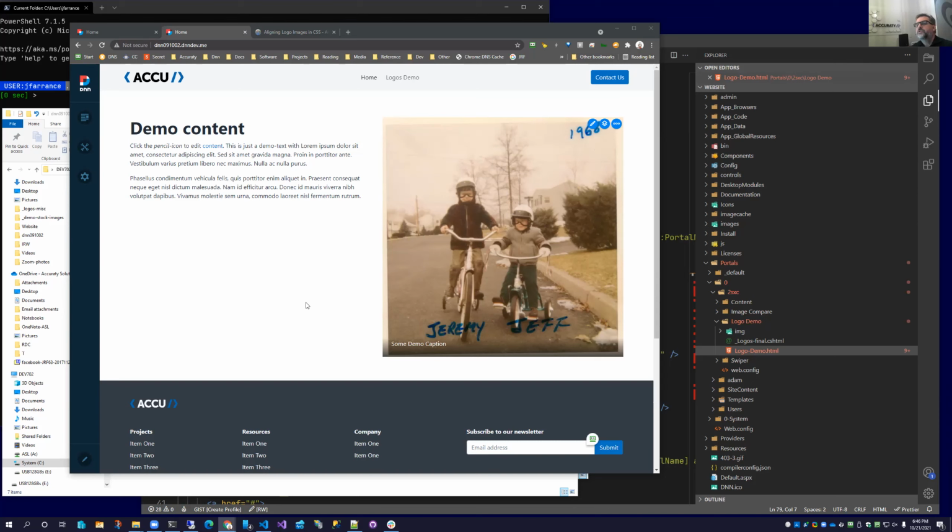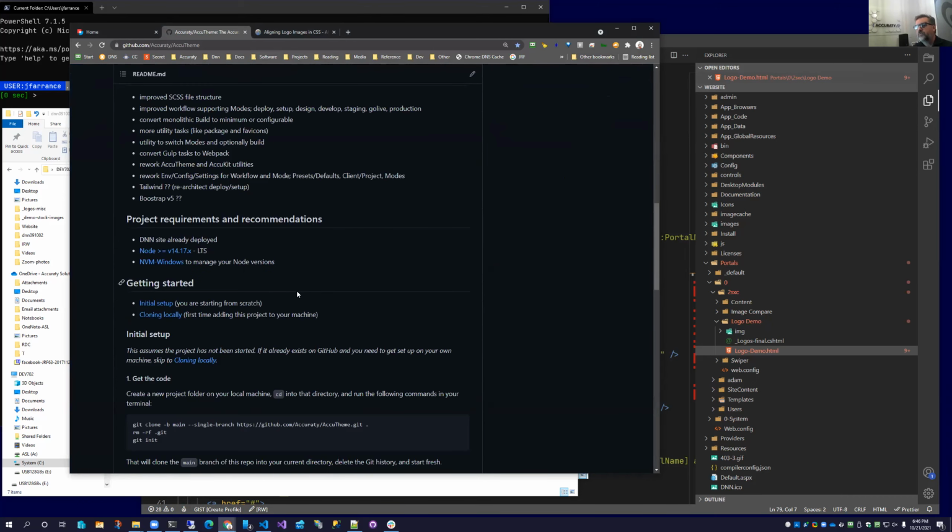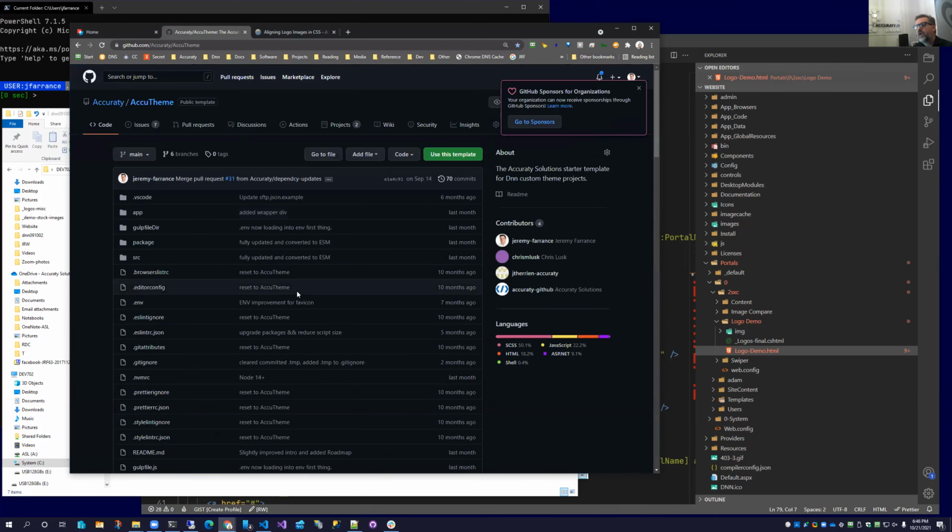Someone nod. Okay, good. So we've got DNN 9.10.2 deployed, brand new. For Too Sexy, we're using the LTS version 11.22.1. I do have AccuTheme in place on here. Most people are not familiar with AccuTheme, it's what we use in-house. It's a custom theme building tool for DNN, and it's heavily based around Bootstrap. So I've been kind of crying all year listening to Aaron about how great Tailwind is, but I'm stuck on Bootstrap. So whatever, I live with it.